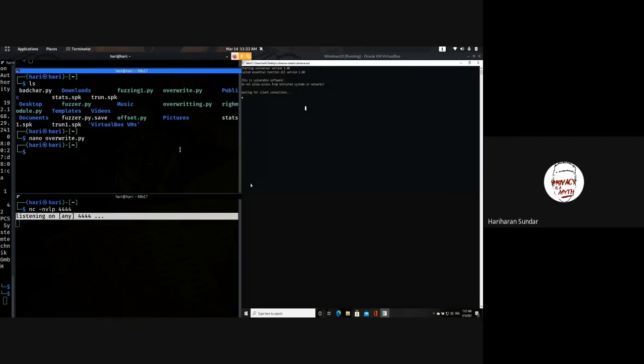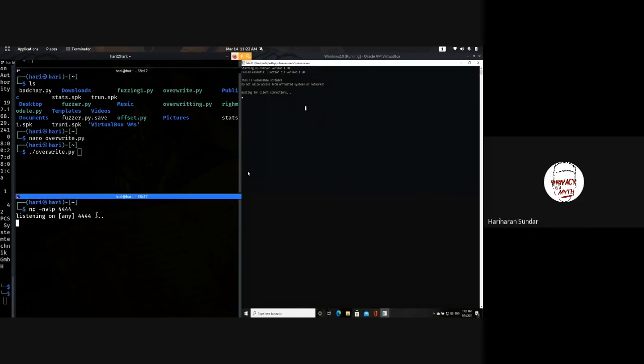Now I execute my last and final step, which is the overwrite.py. Things get really interesting here. What's happening is it's going to give a reverse shell, and then you're listening on port 4444. That's how we built our shellcode. You remember that we put our LPORT as 4444. So we are going to get something like that. And then if I execute this code,